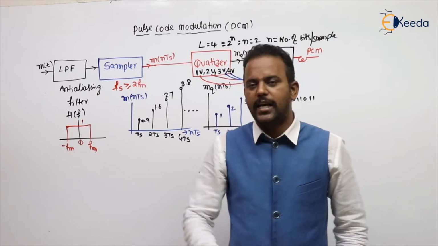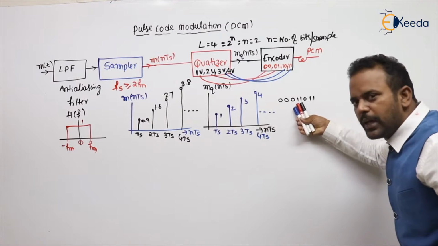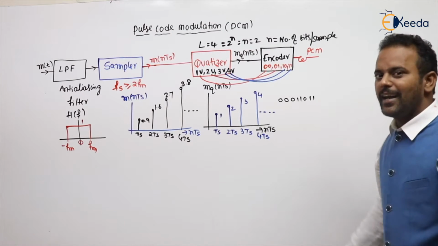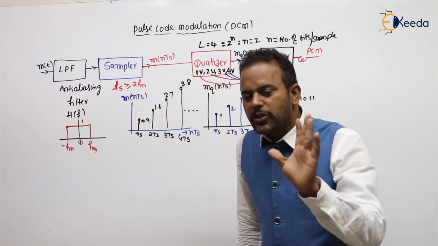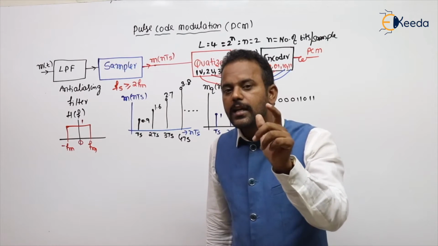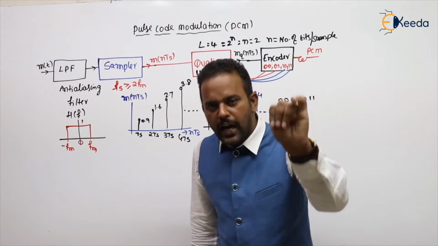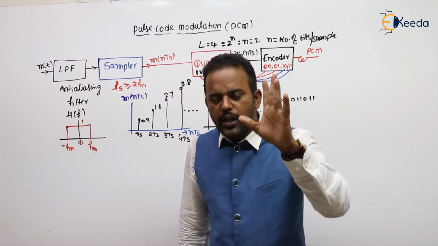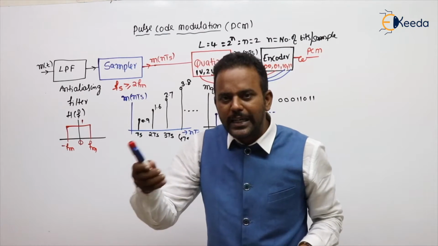If you clearly see, the input is a continuous time signal. The PCM output is nothing but a digital signal. So, PCM is a technique of conversion of continuous time signal into digital signal. PCM, DPCM, delta modulation, adaptive delta modulation, all these 4 techniques are meant for conversion of continuous time signal into